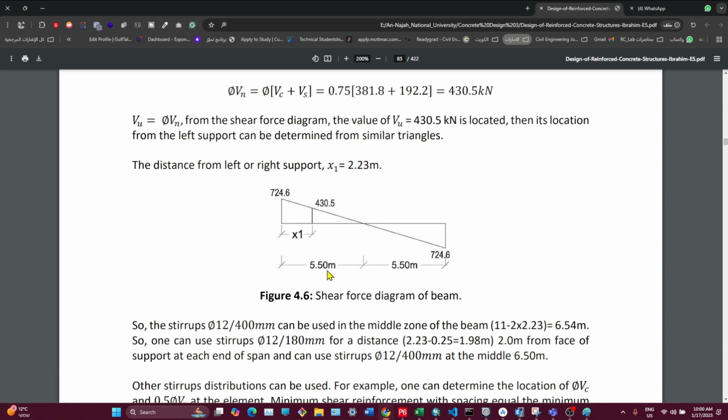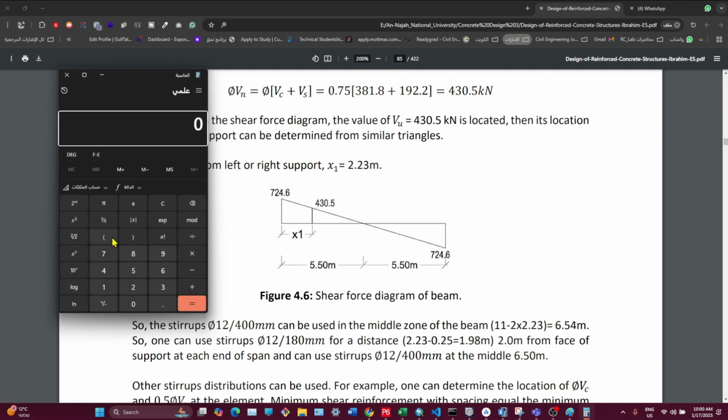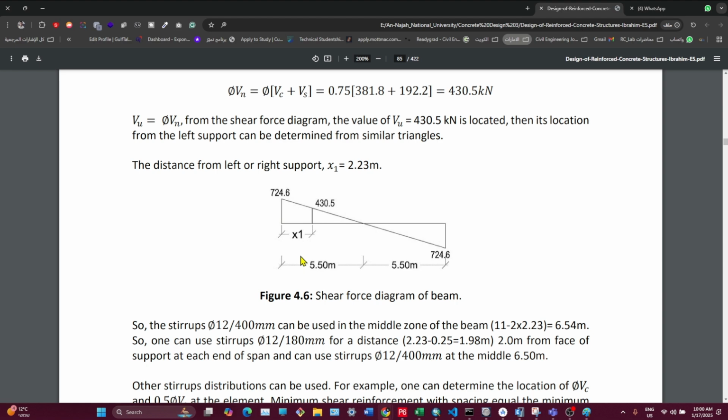So we have spans 5.5 and 5.5, so we have 11. The half of 11 would be 5.5. Half of that would be 2.75. I mean, no, I'm sorry, I mean the quarter of the span, the 11. Let's open the calculator. The quarter, 0.25 of 11 would be 2.75. So maybe we can take it at 2 meter and 80 centimeters from